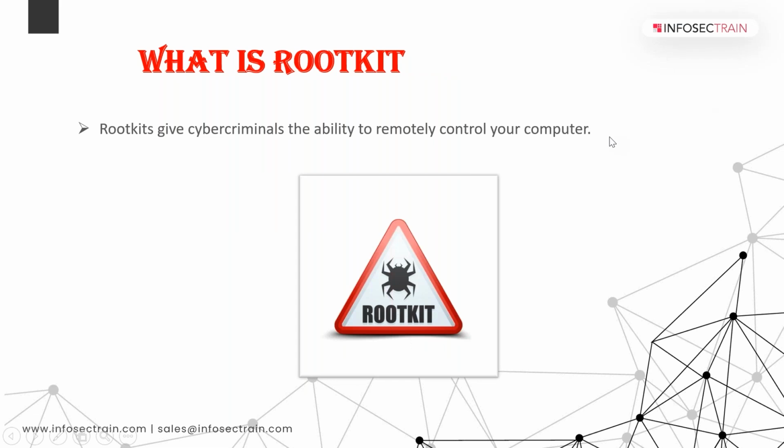And what is a rootkit? The name itself tells that it will be targeting the root level in your system.